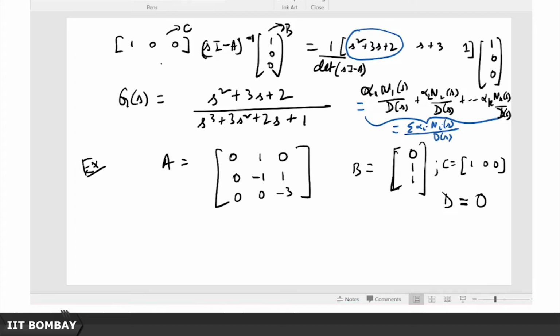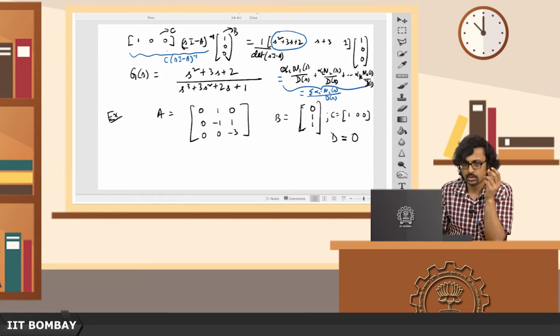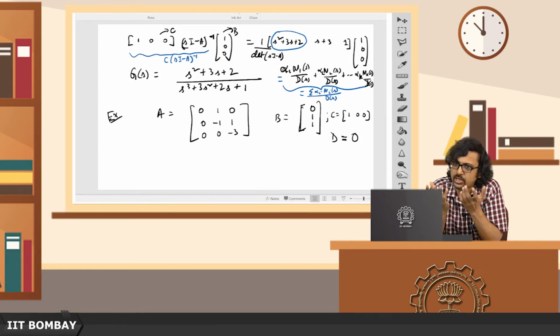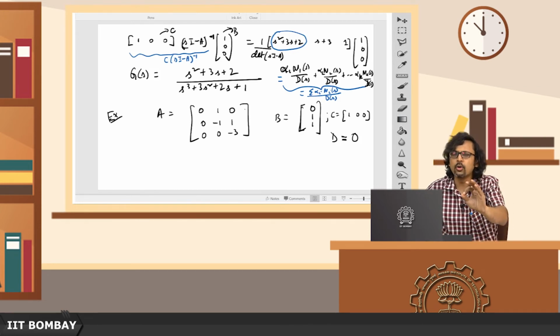So this resultant sitting in this C times (sI minus A) inverse, which is a row vector, every one of those n entries in that row vector is basically going to be a strictly proper rational function, right. Now when you are post multiplying it by this B, you are again taking a linear combination of such strictly proper transfer functions, and the resultant, C times (sI minus A) inverse B, is then again bound to be at most of relative degree 1,